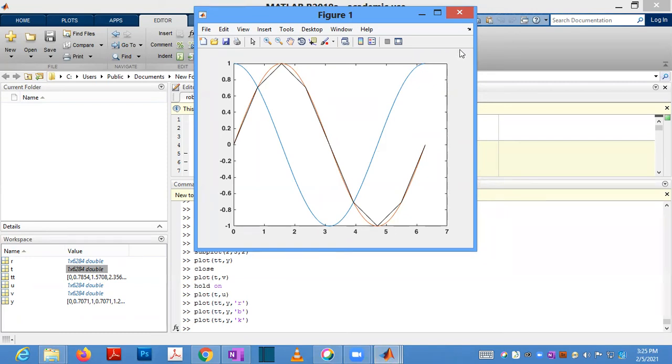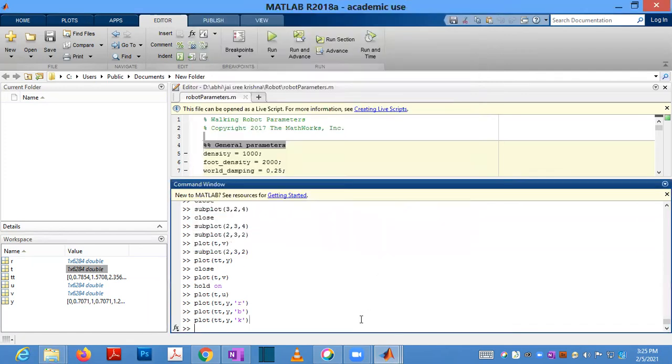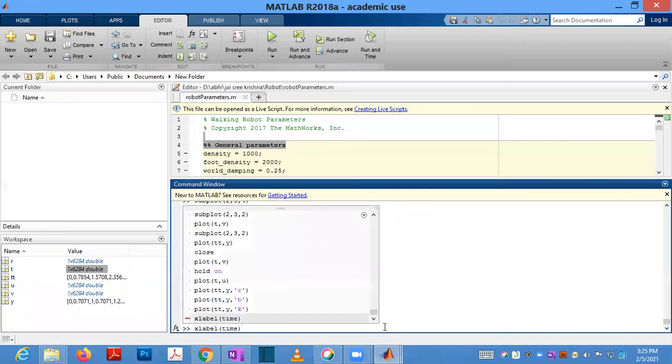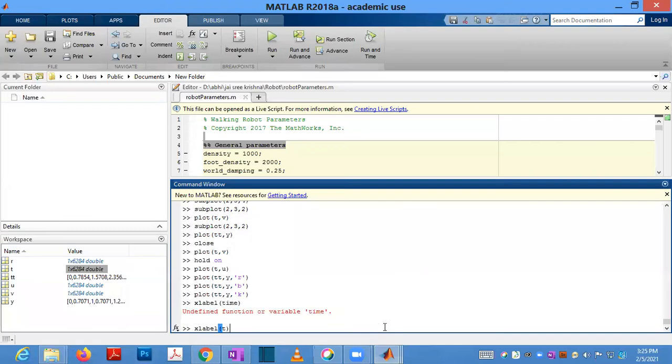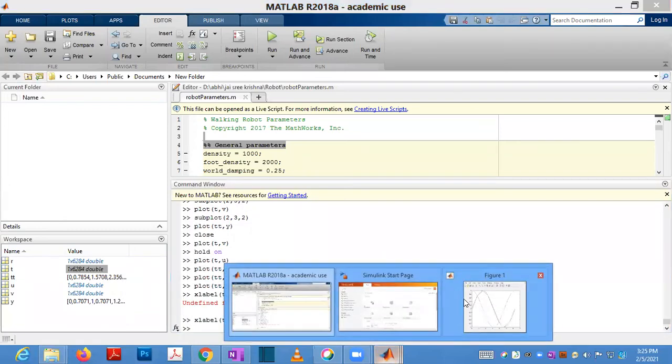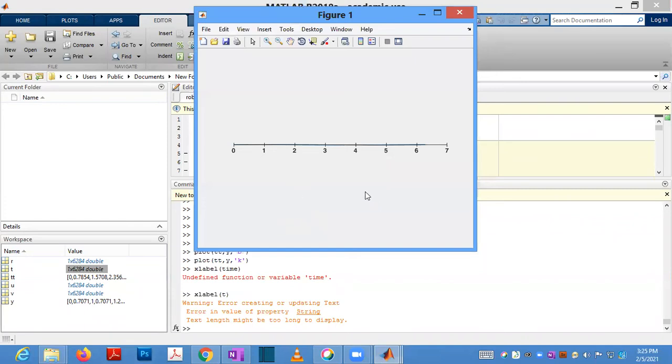And you can mark the legends also here, and X label, Y label. X label, time t. So the X axis will be labeled as time t.